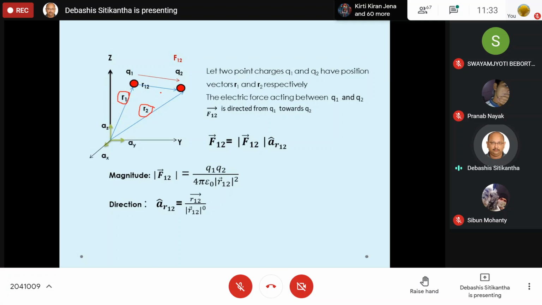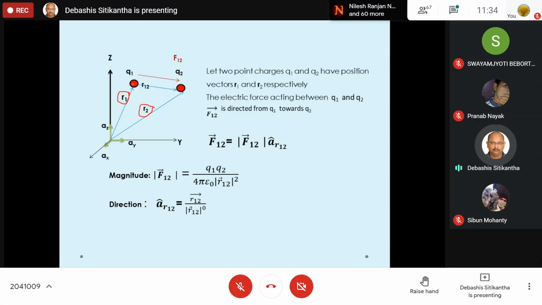Okay, so there are two point charges. What is the meaning of point charge? That means a charge which is just like a point. It does not have any dimension. Neither is it a square, nor a line, nor a line segment, nor a volume, nor does it have a surface, nothing like that. It is simply a point. Point charge means a point which is having some charge. Now the point charge may be positive, may be negative.